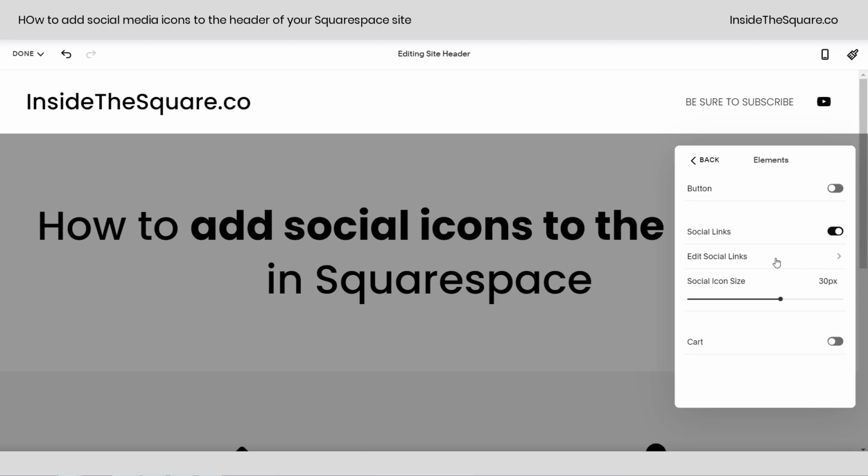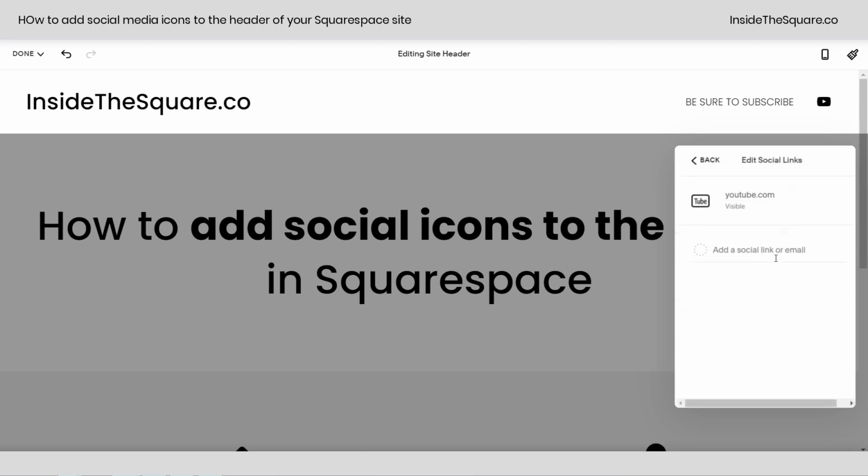Now to edit those social links, select the Edit Social Links option, and here you can link to up to 35 different social media platforms to have their icon show, or you can link to an email or an address to any page on the internet. So for example, I can link to google.com and it will just show the link icon. I can link to an email address and it will show the email icon,